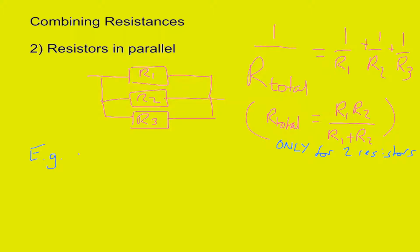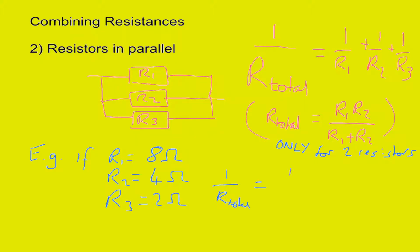So, for example, if R1 is 8 ohms, R2 is 4 ohms, and R3 is, let's say, 2 ohms, then 1 over R total would be 1 over 8 plus 1 over 4 plus 1 over 2, and a little bit of maths there, we can say that R total would therefore be 1 over 7/8, or indeed